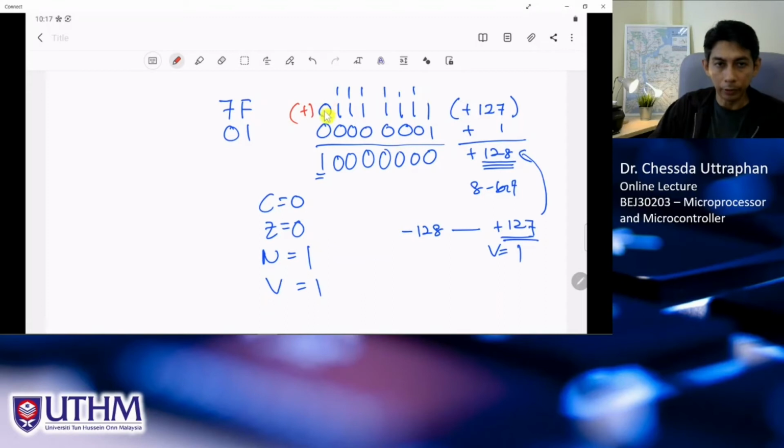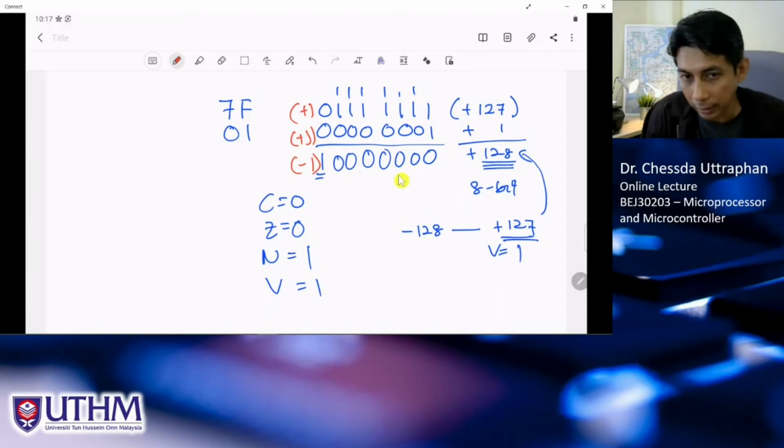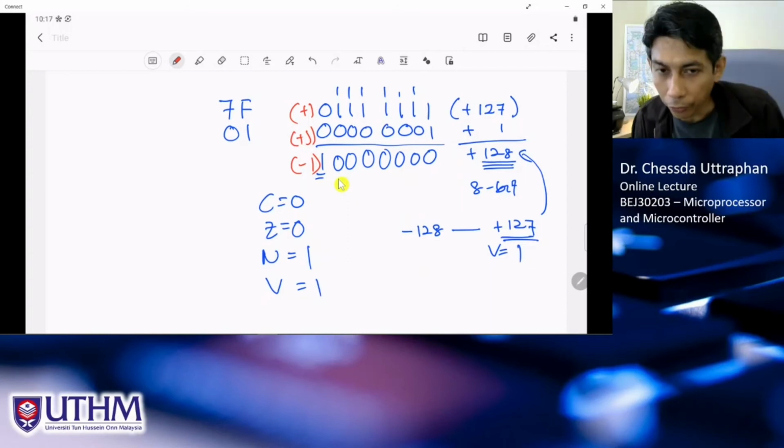Because MSB equal to 0. This one is positive because MSB equal to 0. But the result is negative. There is no way in the world that a positive number plus a positive number gives a negative result. So this is surely V equal to 1. It means that this result is not correct actually, or does not fit in